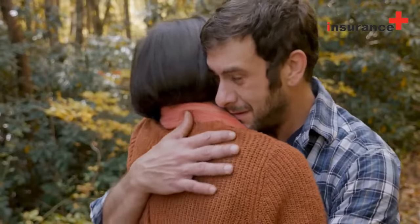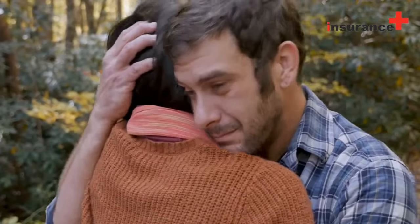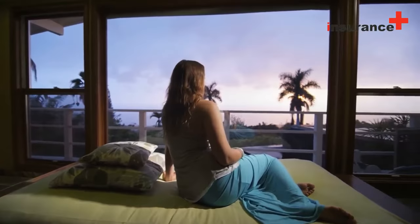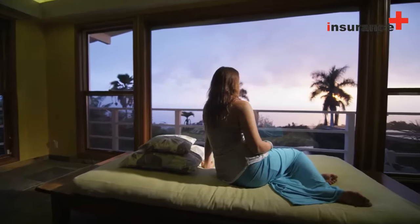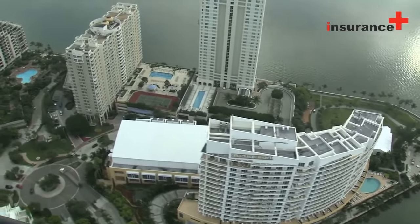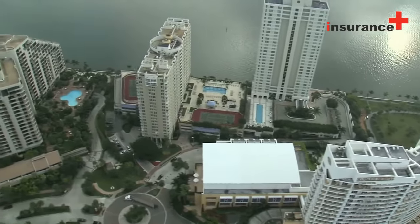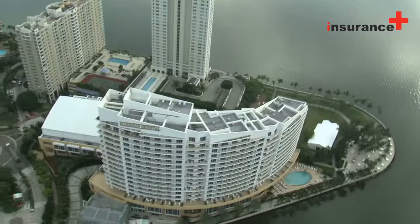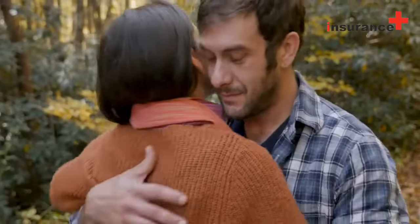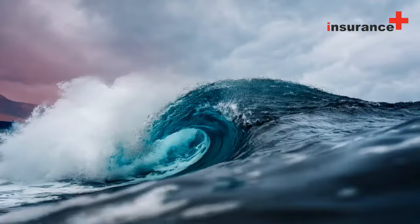Loss of use is the coverage most often forgotten about. It's going to pay for the additional living expenses, like a hotel, after a covered loss happens. It's great that the insurance replaces your property after a fire, but where do you go until you can use your apartment again or find a new one? Hotels are expensive. If you don't think that a loss will happen to you...